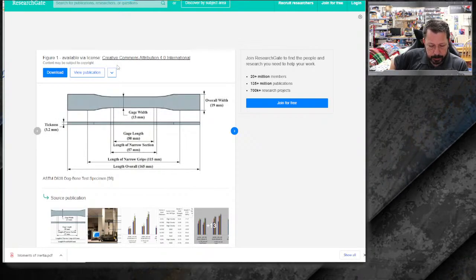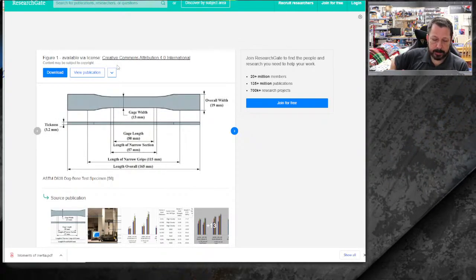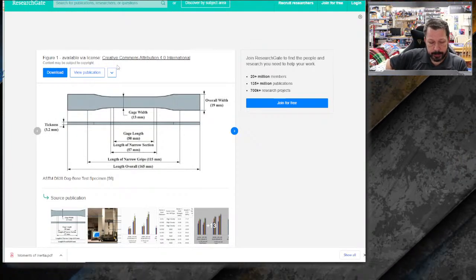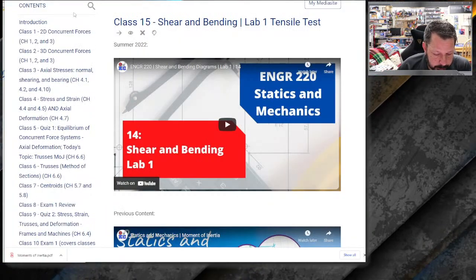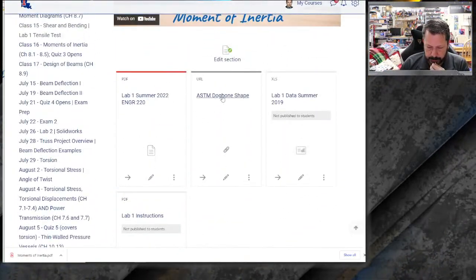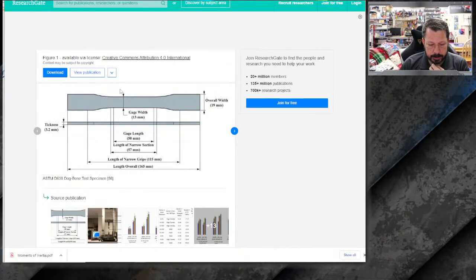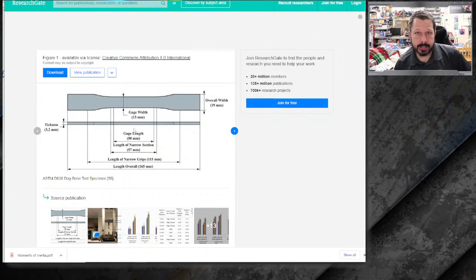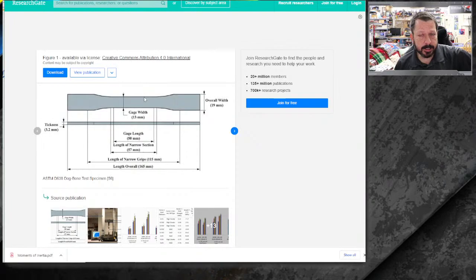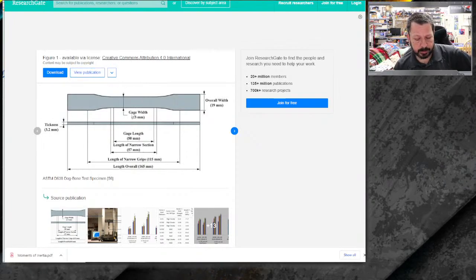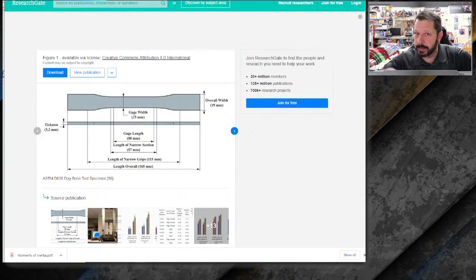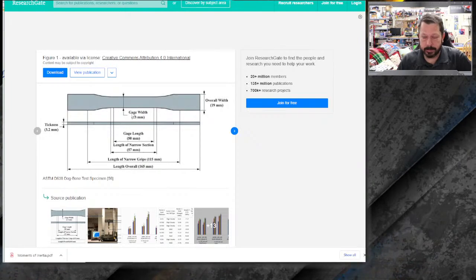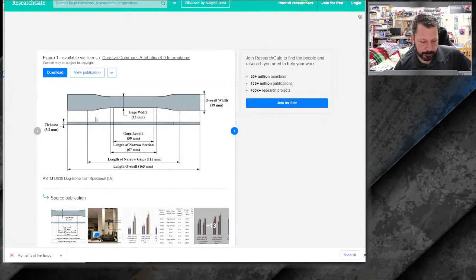I am not going to build this exactly. What you need to do for your Lab 1 assignment is follow this. I linked to this in Moodle. So if we go to Moodle, ASTM dog bone shape takes you to this page. The ASTM standards are not cheap. The whole standard, not just the picture here, but all the procedure you need to do if you're running the test, is probably $60 or something like that, just for that one standard. So we're just going to take